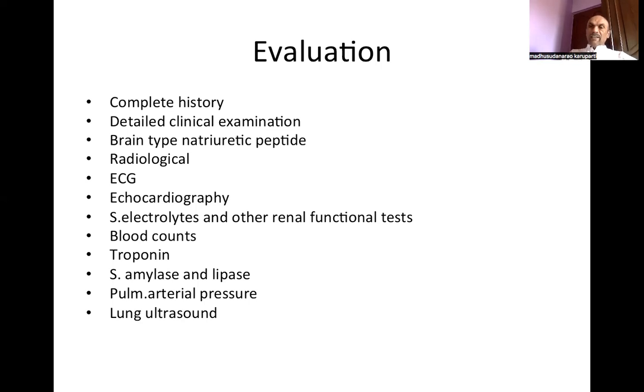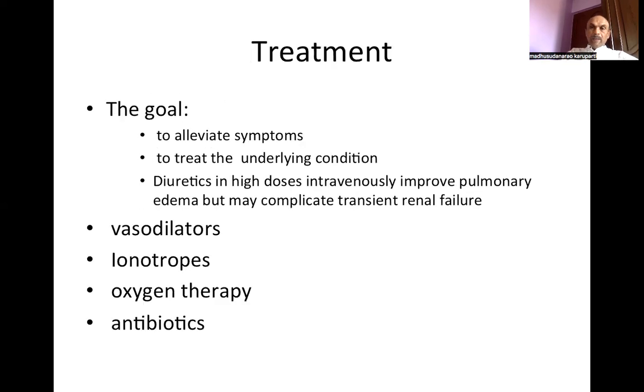And the gold standard test is the pulmonary arterial pressure. With cardiac catheterization, assess the pulmonary arterial pressure to confirm the presence of pulmonary hypertension and pulmonary edema. Lung ultrasound is currently carried out at the point of care to demonstrate the presence of pulmonary edema. Having completely evaluated the patient,